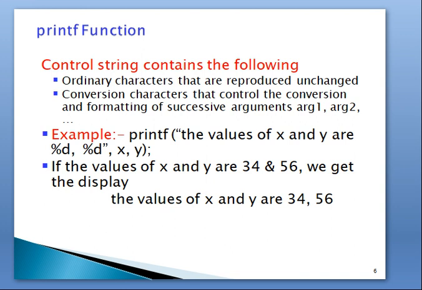Conversion characters that control the conversion and formatting of successive arguments, argument 1, argument 2, etc. The conversion characters are in the form of %d, %f, %c.